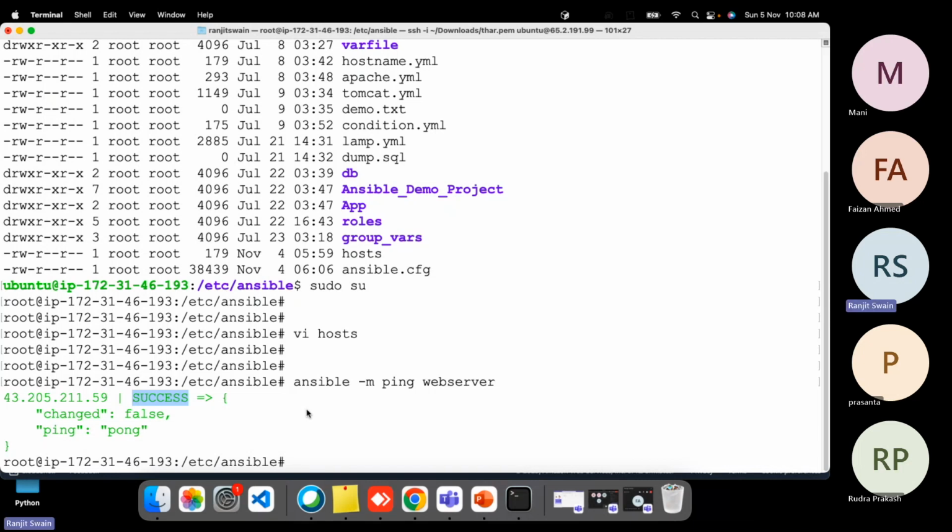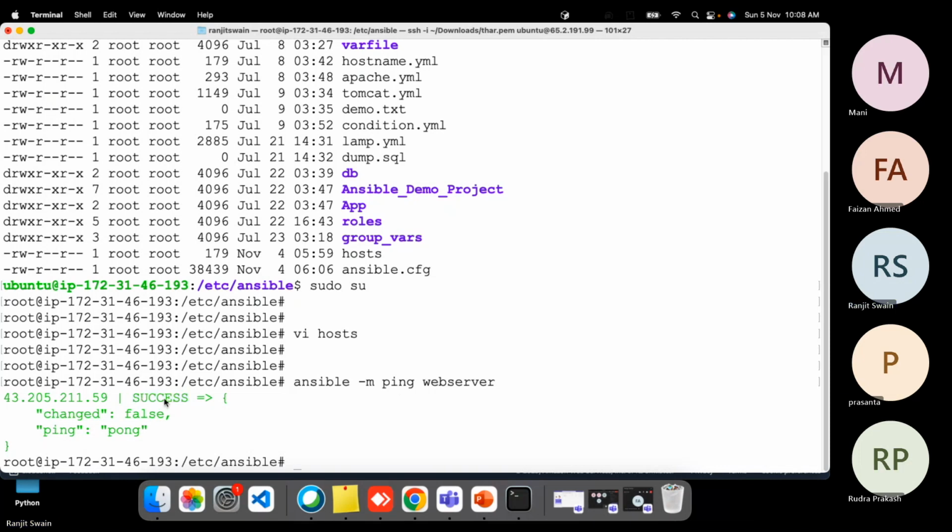Suppose you have to go to the market from your house. You have three vehicles available: the cycle, the motorcycle, and the car. Whichever you are comfortable with, you choose that one. In a similar fashion in automation, whichever you are more comfortable with, you have to choose that one, right? Okay guys, now the Ansible ping webserver